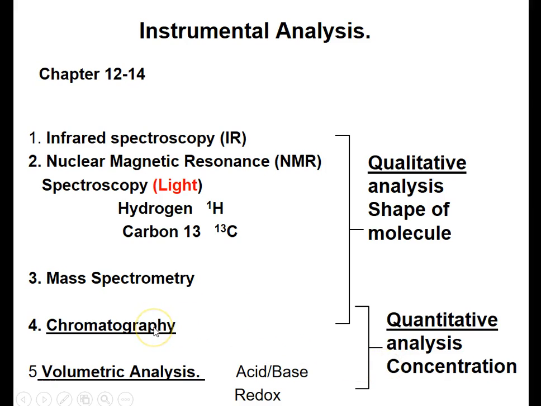So we've looked at chromatography and volumetric analysis already in Year 11. Chromatography was when we had mobile phase, stationary phase. You may remember that. So the smaller the molecule, the faster it moved through the stationary phase, staying in the mobile phase. And volumetric analysis was when we did titrations, so when we had a burette and we did acid-base